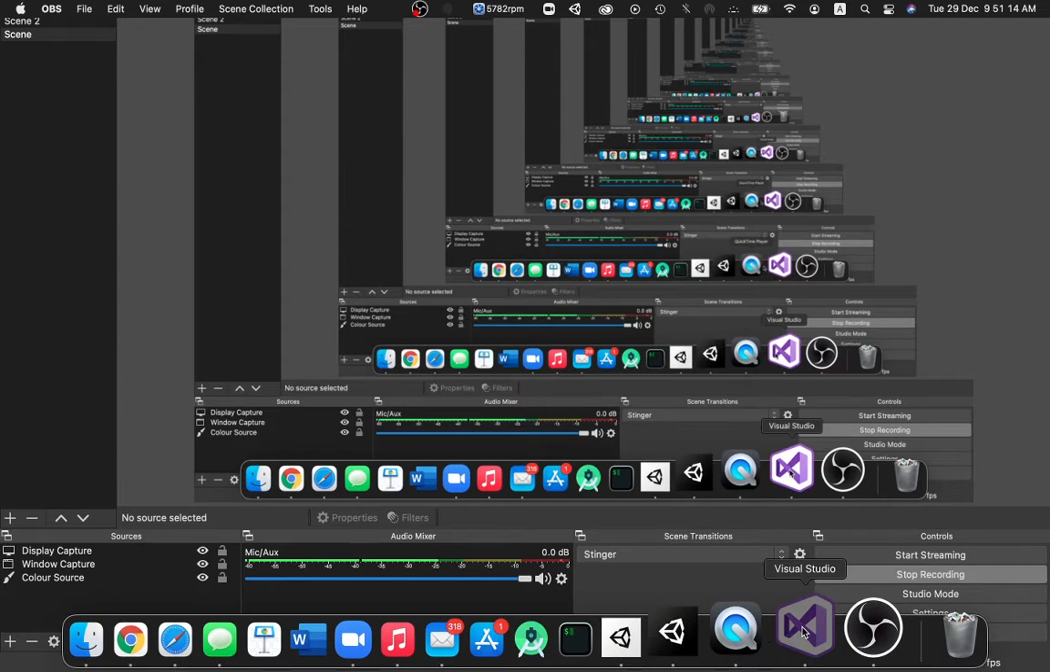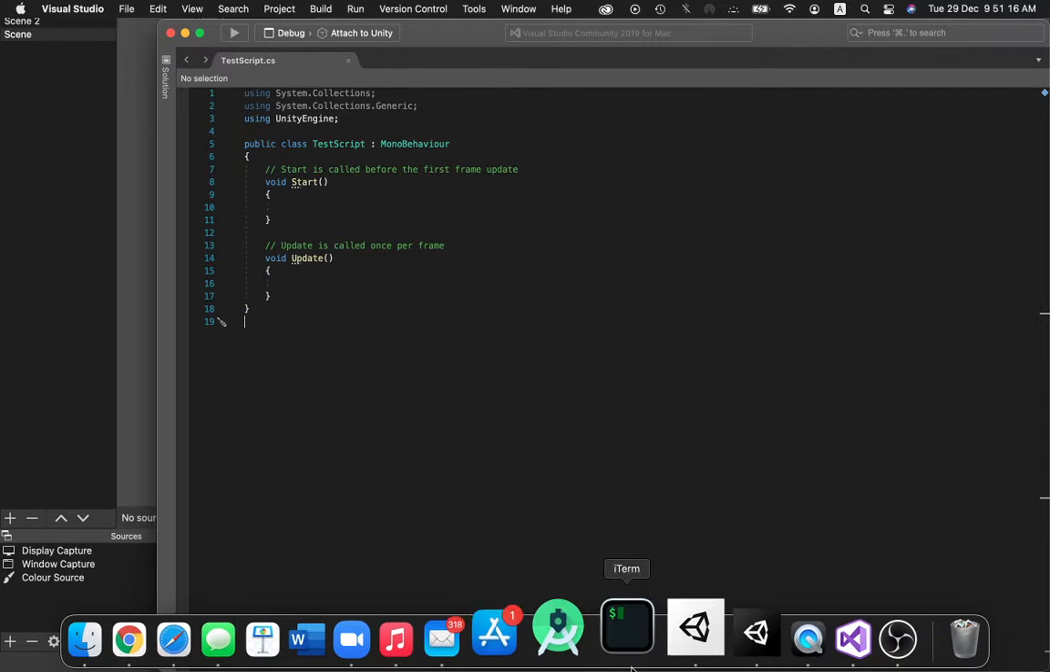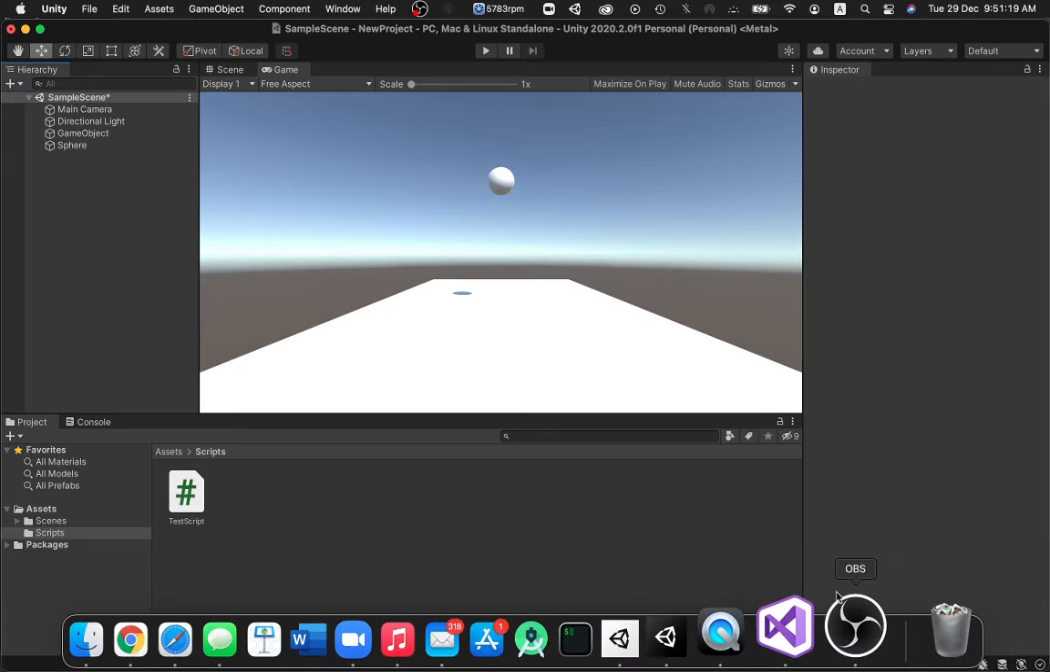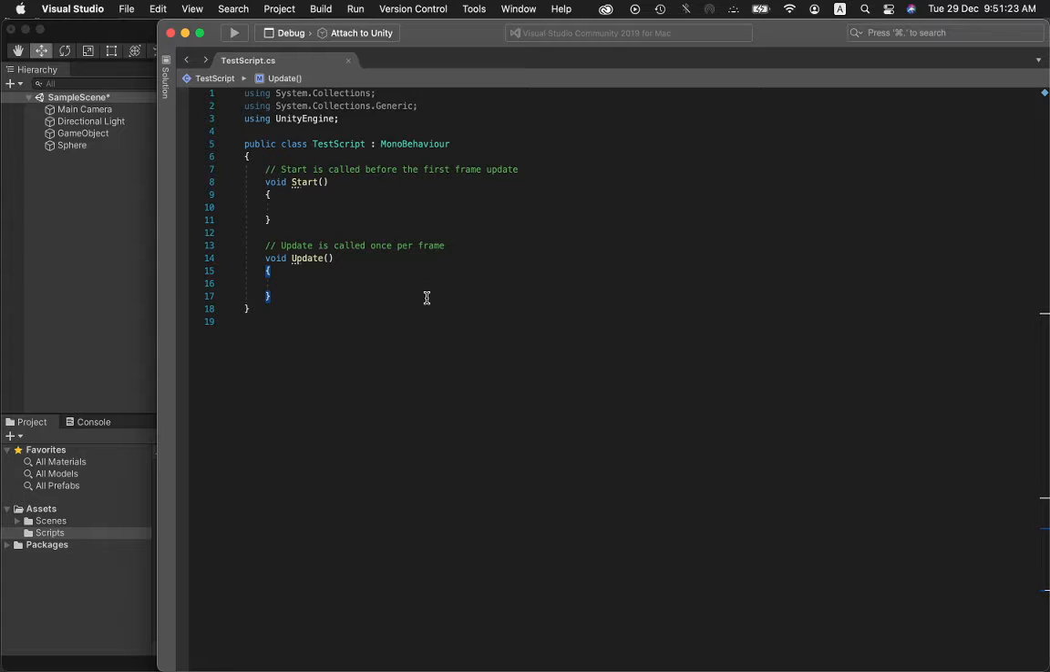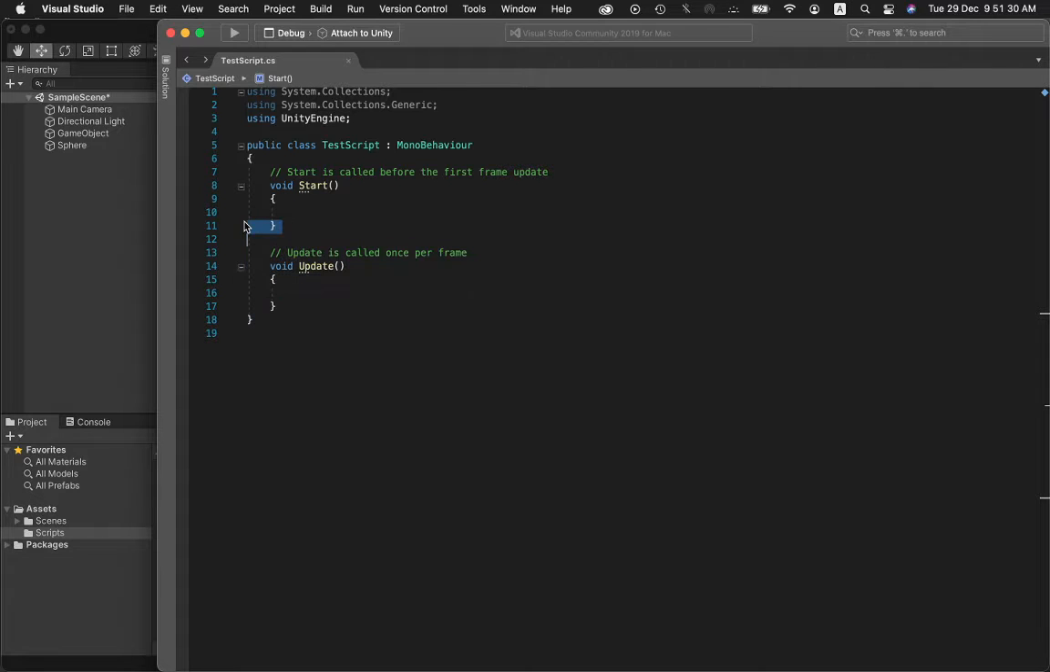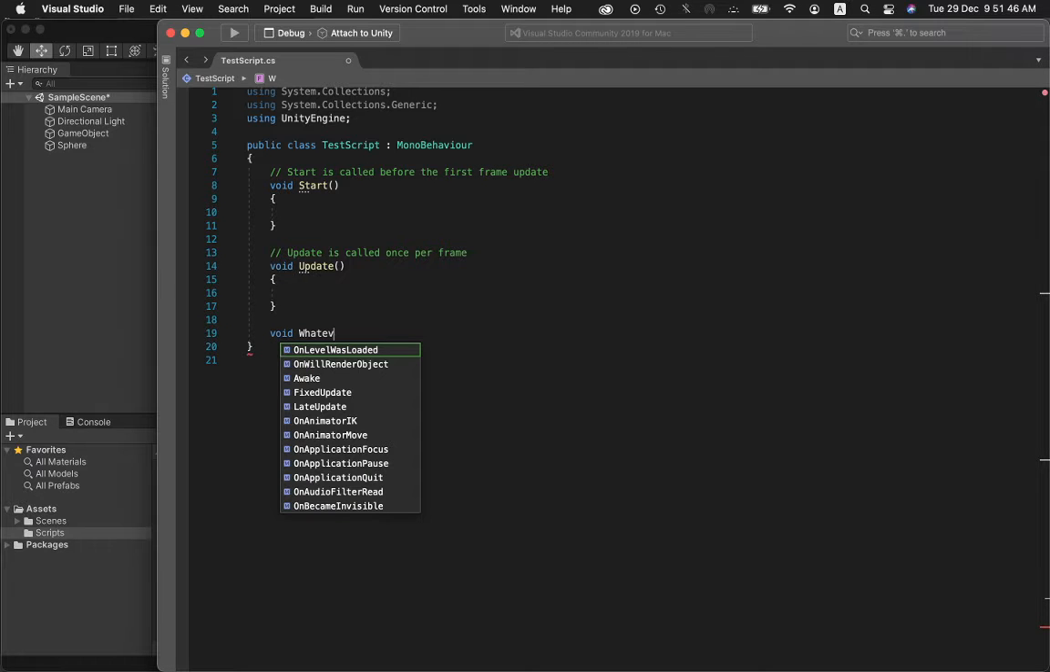Alright, so I hope you have Visual Studio up and running. Now what I want to do is explain to you what Start and Update are, what these default functions are. So anything with the prefix of void is a function,